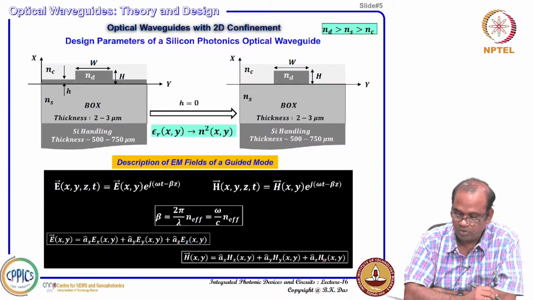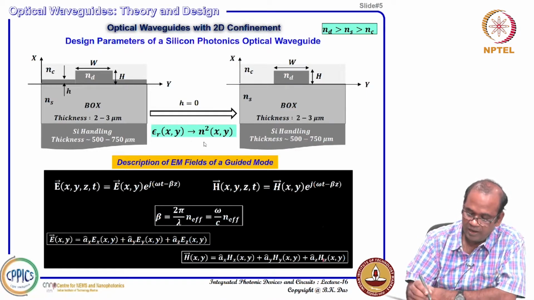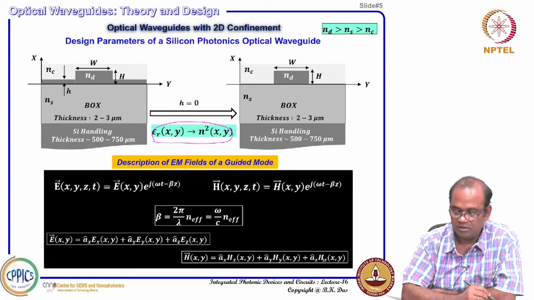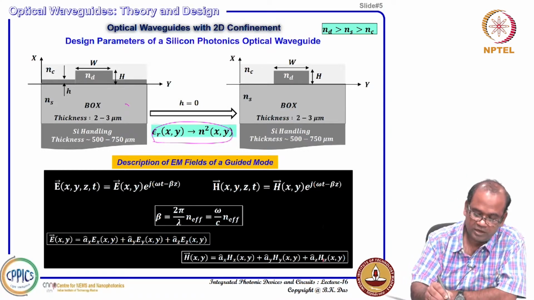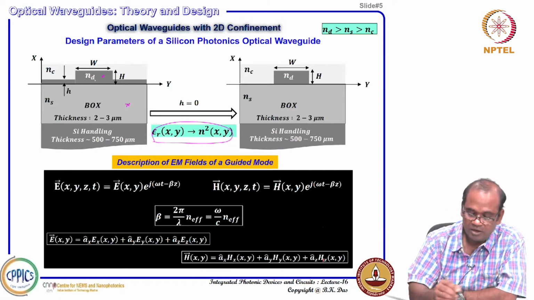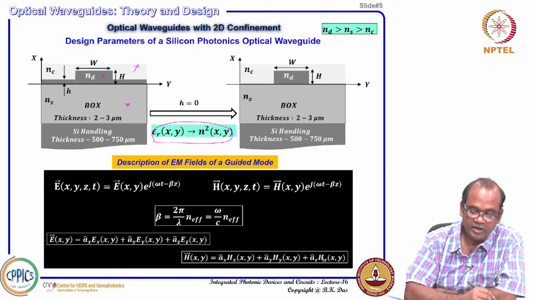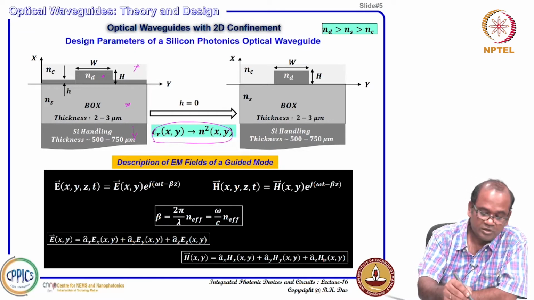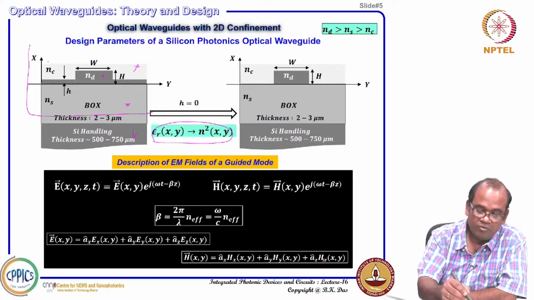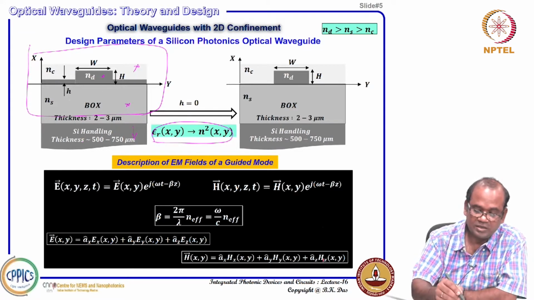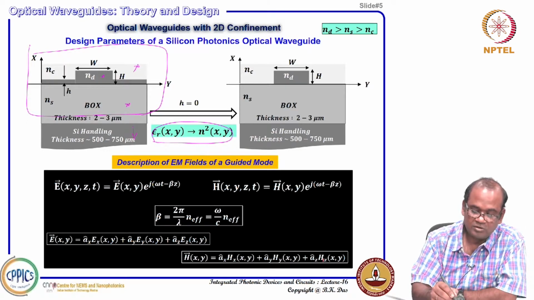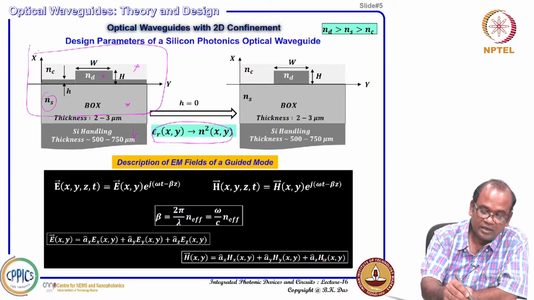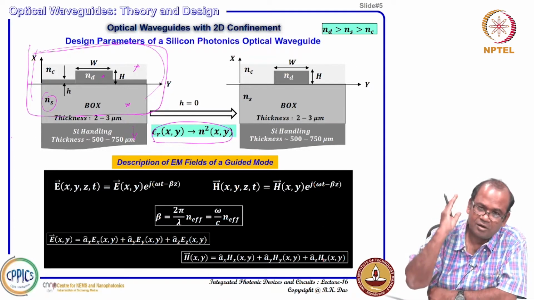All right. So, now if you think about that, this epsilon r is actually varying in the xy plane, right. For example, you take a coordinate here, what is the refractive index, Ns; you take a coordinate here, what is the refractive index, that is Nd. You take a coordinate here, refractive index Nc. You do not need to bother about what is there in the bottom, because that is just for handling purpose. So, the area where you want to solve the dielectric constant is this area. The box layer you can consider as the substrate for waveguide analysis, and then some cladding region, and this cross section you can consider